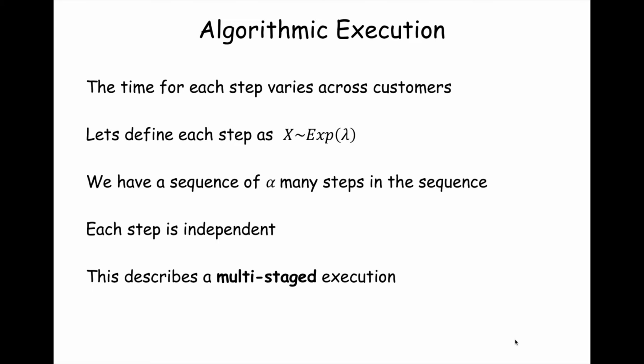And so the sequence of steps in the example I gave is 5 steps, and more generally, let's assume the number of steps is going to be described by this variable alpha, right? So you have alpha many steps in a sequence, and each step is governed by an exponential distribution. So here we have alpha, the number of steps, and each step takes exponential, where the exponential distribution is governed by lambda, a rate.